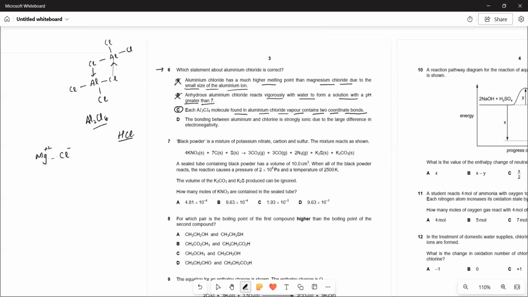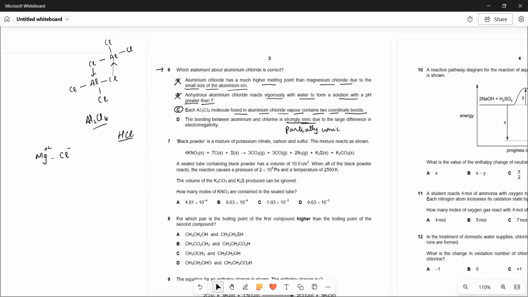So what about D? The bonding between aluminium and chlorine is strongly ionic. No, we are saying that it is covalent due to the large difference in electronegativity. It's not strongly ionic, it's partially ionic. Because when we move from left to right, yes,